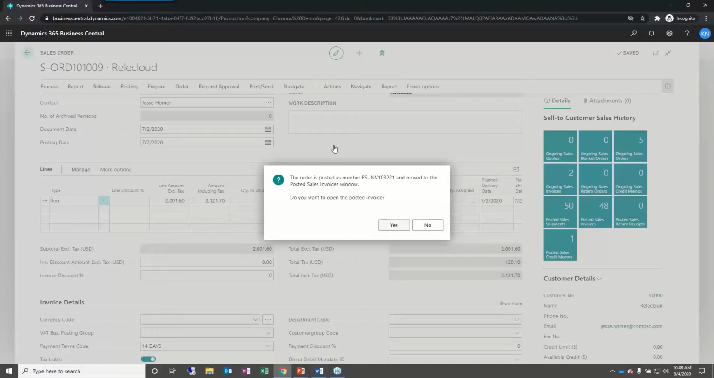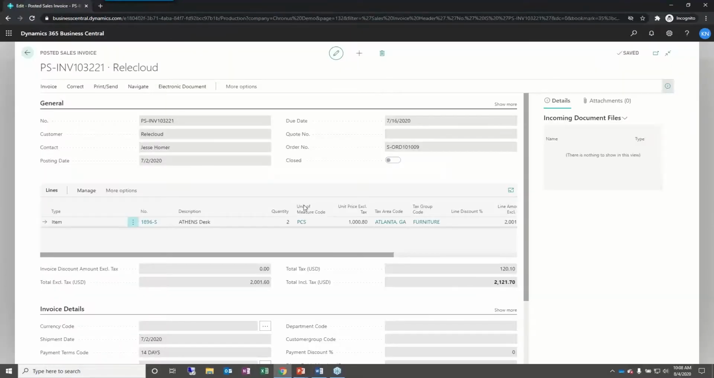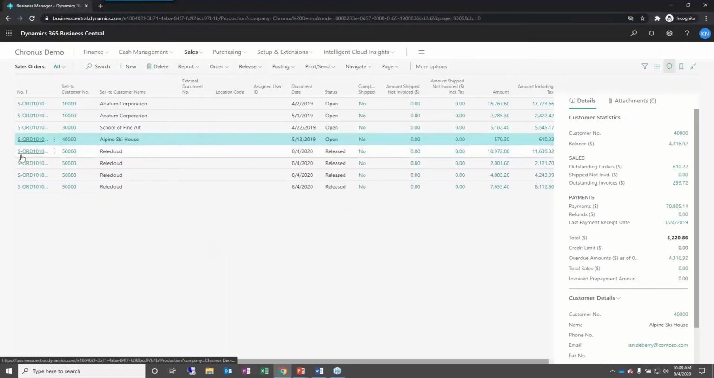Same thing, invoice has been posted. Same information we can look at throughout the invoice, resend it, whatever we need to do, email it. But now that's a different way to invoice. So let's take a look at another